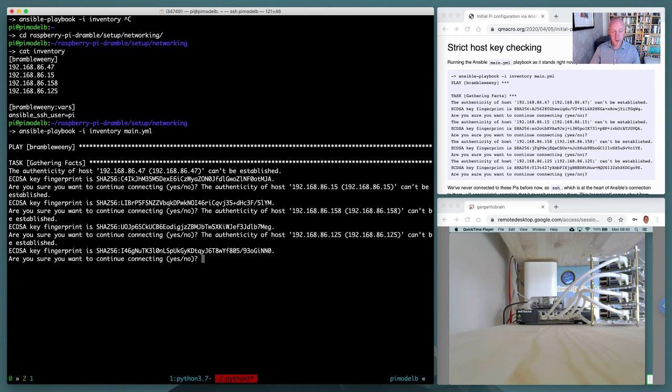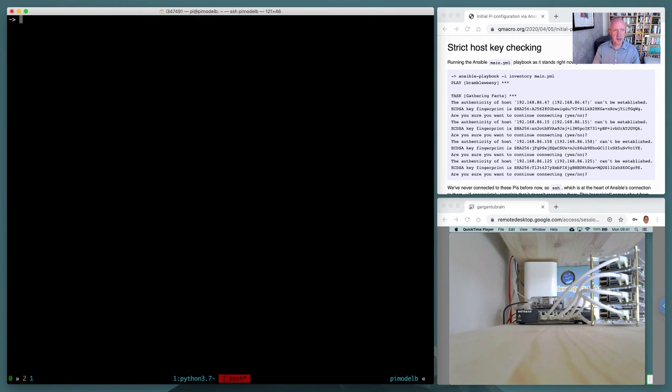So what we notice is that when we run the playbook, Ansible is using SSH to connect to each of the hosts described in this Bramble-Weenie inventory group here. But what's happening is that we're getting a message: the authenticity of host 47 can't be established, the authenticity of host 158, 125. So for every single host, SSH is saying basically, I'm not sure about what this host is. I don't really know much about it. And that's the default. I'm going to Control C this, and we'll get a few more weird messages here. But that's the default